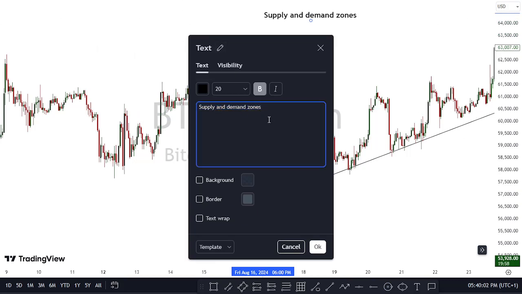Criteria for demand and supply zones. First criteria, number one,